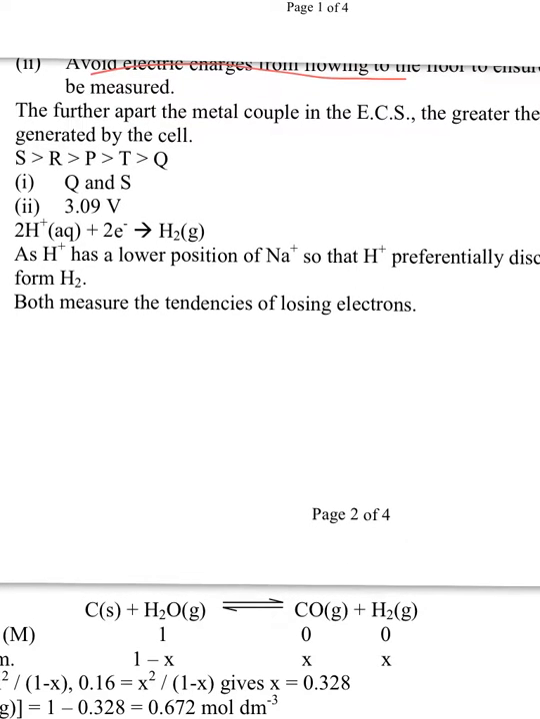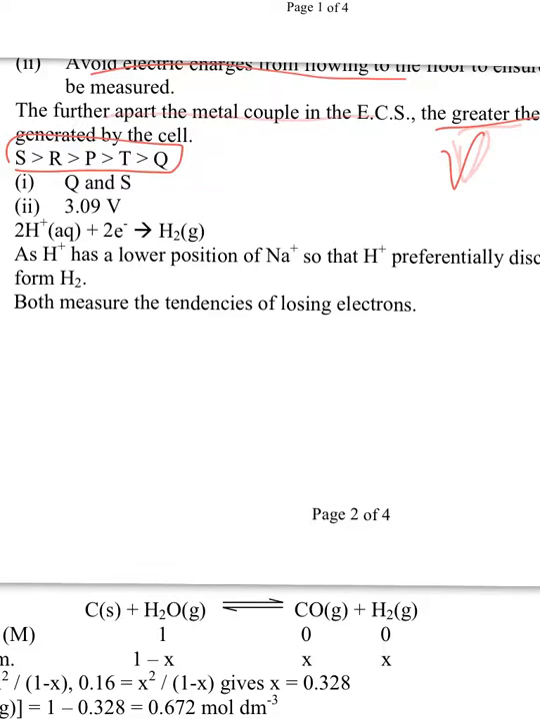Now the arrangement, suggest an assumption for this experiment. The assumption is the further apart the metal couples are in the ECS, the greater the voltage generated by the cell. 頭同尾嗰個 metal，如果佢相距得越遠喺 ECS，佢產生嘅 voltage 越大啦。個實驗個 assumption 係咁樣㗎。